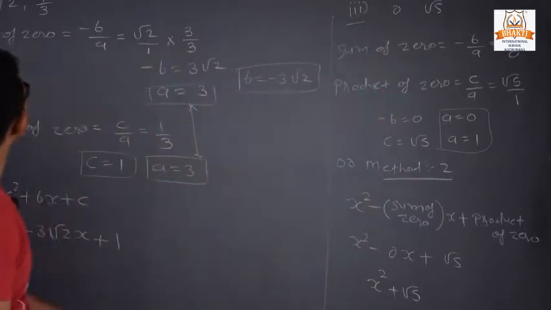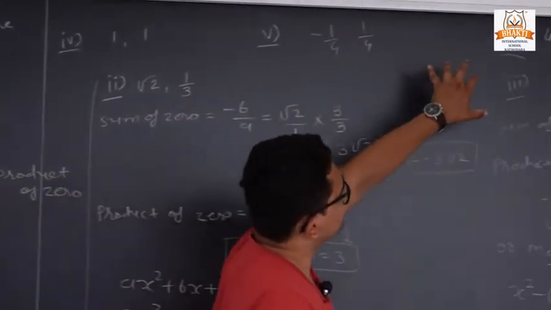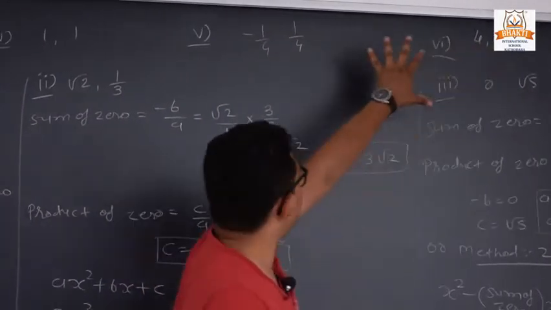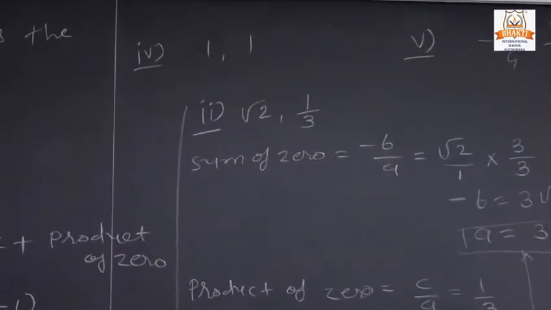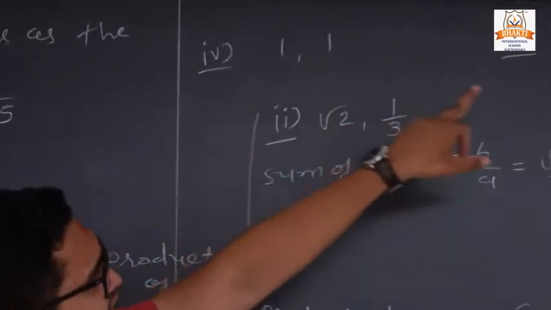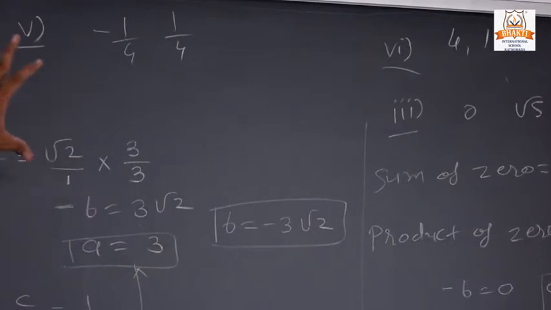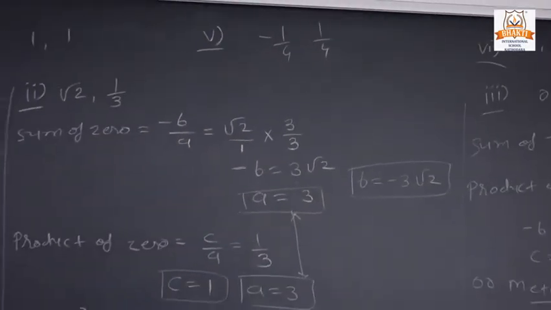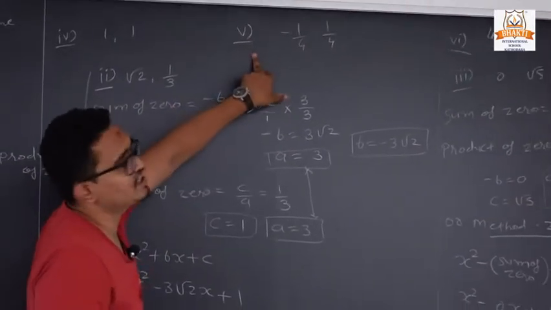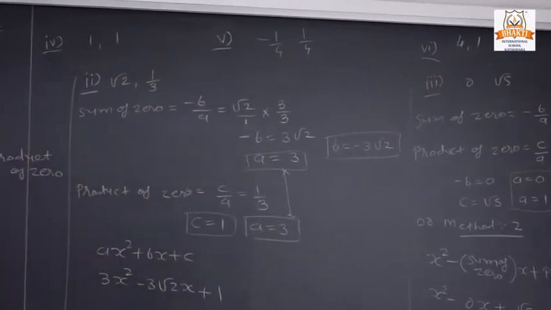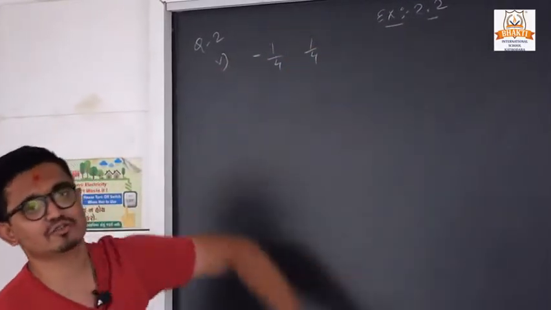Now see question numbers 4, 5 and 6. They are the same examples as our question numbers 1, 2 and 3. So question numbers 4 and 6 are your homework. You can just try at your home, and if you find any difficulty, you can message in the group. And second thing, we will try directly our question number 5, from question 2, exercise 2.2.